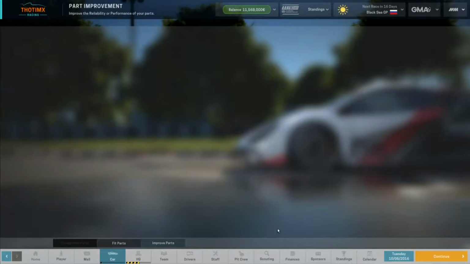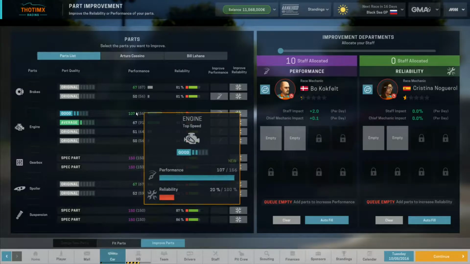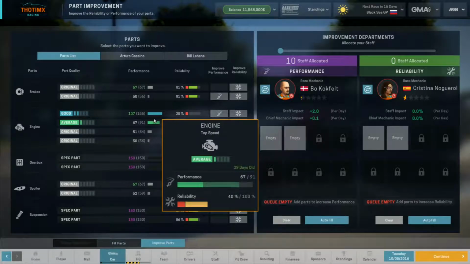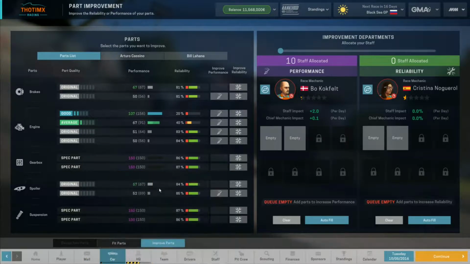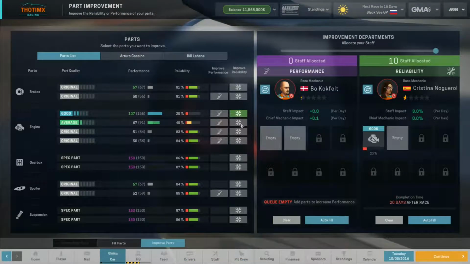then top speed and acceleration. And none of these parts are going to be useful immediately. Let's see the spoiler, because I've got above 80% on all the key parts, and then I'm planning on getting new brakes and new spoilers. So I don't think I should work on those. I think I should spend the effort on the engines. Let's see if I put these